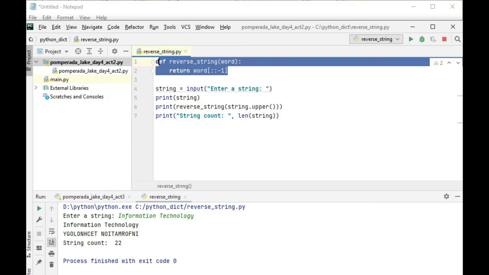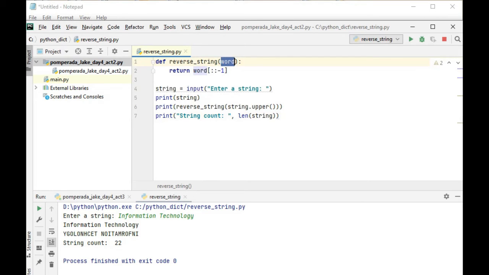So we have here a function which consists of only 2 lines of code, def reverse_string(word). The word here is your parameter, and the name of our function is reverse_string. So we have here return word[::-1]. Then the string input, enter a string, display. Calling the function, it will reverse the string into uppercase, and then it will count the number of characters